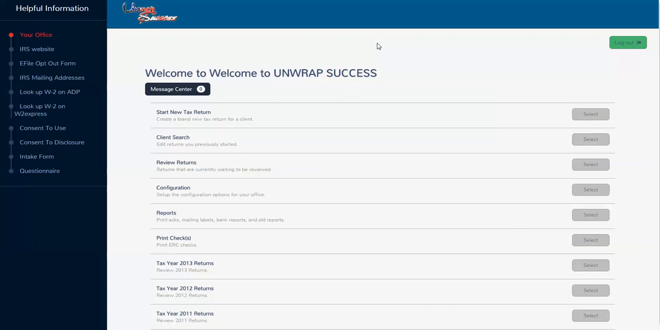In this case, it's our Unwrap Success training office. And this is what you're going to see. Right down the line, you can see that everything's clearly labeled, very self-explanatory, with an explanation under it. Start a new tax return: create a brand new tax return for a client. Client search: edit returns you've previously created. Review returns: this would be for your managers or the owners of the office to go in and review the returns